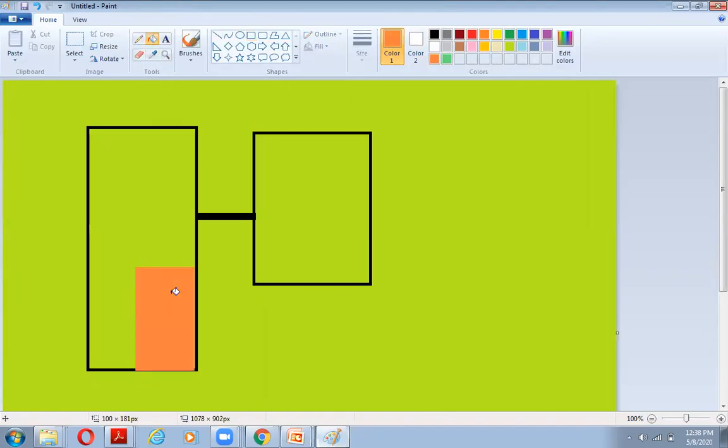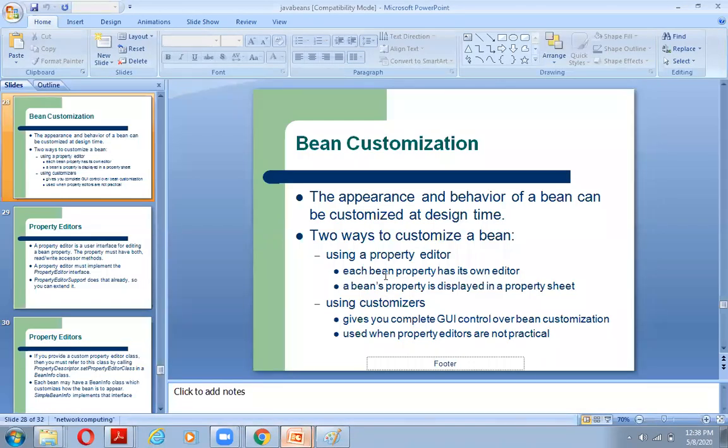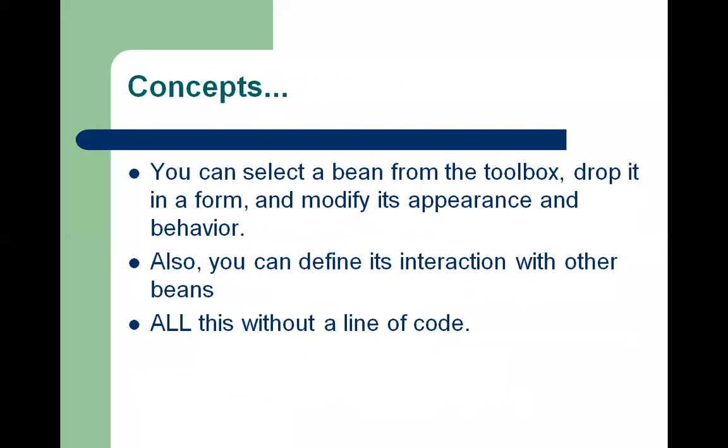Use that color. Now I have customized my bean. This is what I'm saying: when I customize my bean, I can only do it with the help of the property editor and using customizers. What I have shown you is that I used the property editor for my bean.